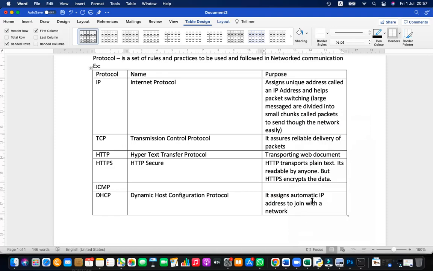Typically, normally we have to give an IP address. If any network device is connected, you need to give it an IP address, but DHCP will automate that task.